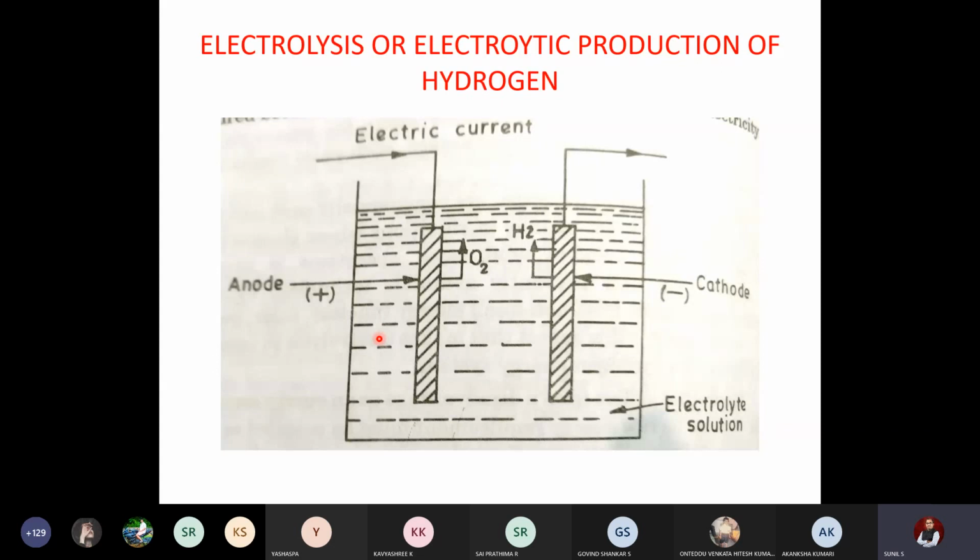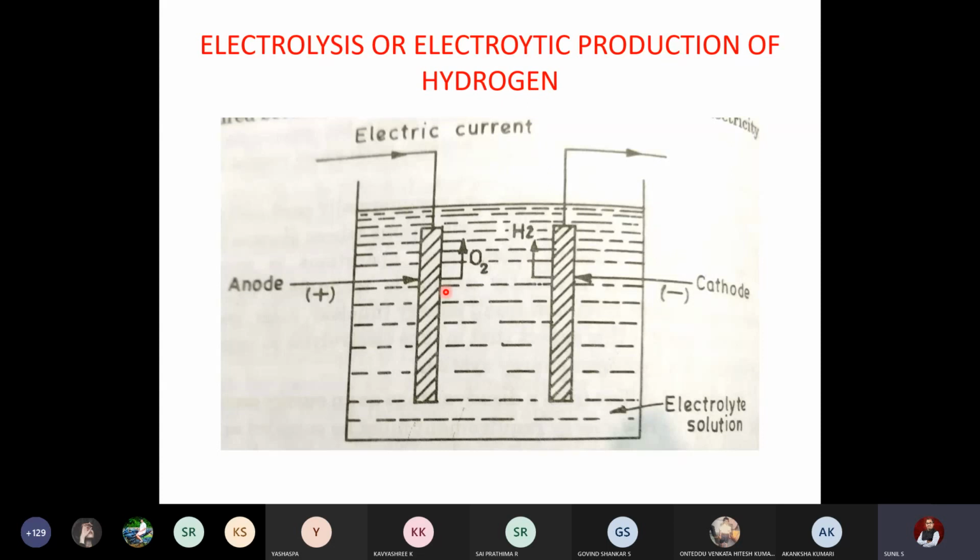So majorly the construction consists of 2 electrodes which are immersed in an aqueous solution called an electrolyte. A source of direct current, DC, is connected to the electrodes. As a result, the water in the electrolytic solution is decomposed into hydrogen and oxygen. Hydrogen is produced at the negative terminal, whereas oxygen is produced at the positive terminal. So as I told you, oxygen is produced at the anode, and at the cathode hydrogen is produced. Although only water is split.